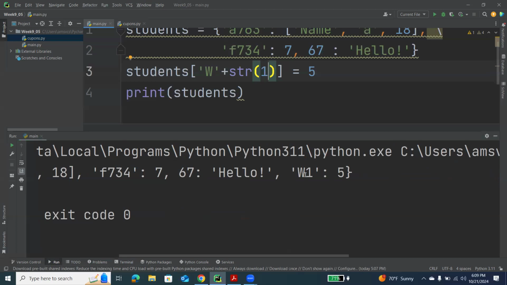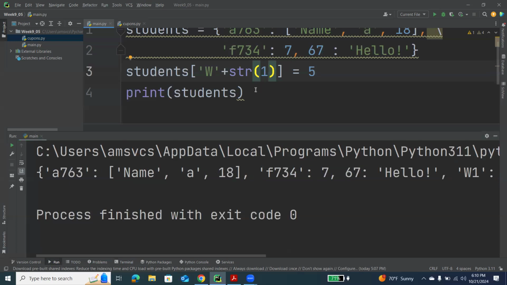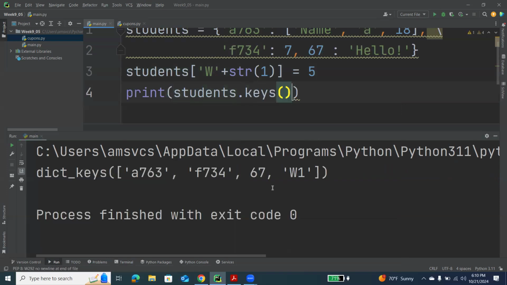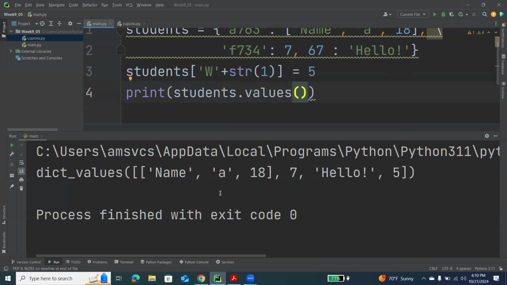So in your lab, you will create a dictionary of days. You don't know how many days you will have, but you will have a dictionary with day 1, day 2, day 3 in the keys. So a dictionary has keys. The keys are the indexes of our elements. They have values. Values is the list of the actually stored elements of our